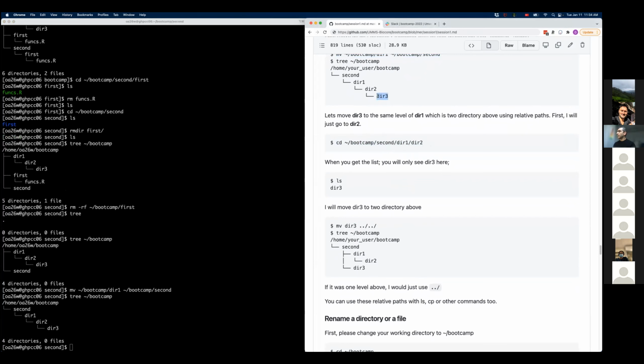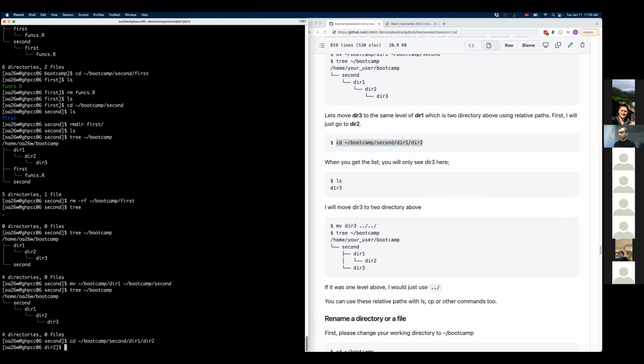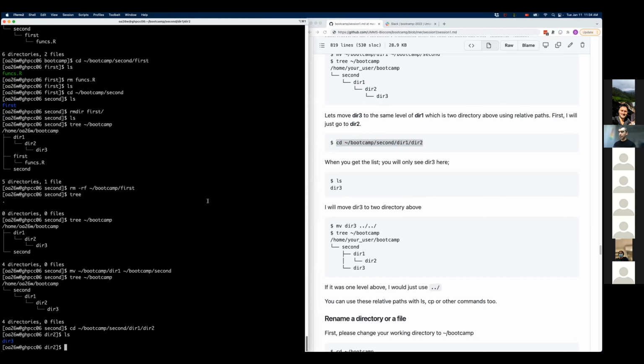So the next thing is to move this directory to dir 1 instead of keeping this in dir 2. One way of doing that is we could change our directory to dir 2 and then move this directory to its parent directory. Here, if you look at it, you see that dir 2 is here.